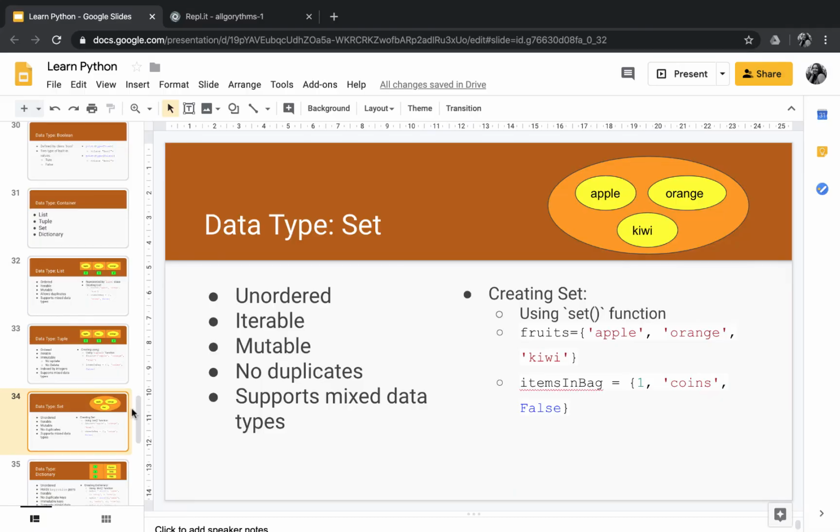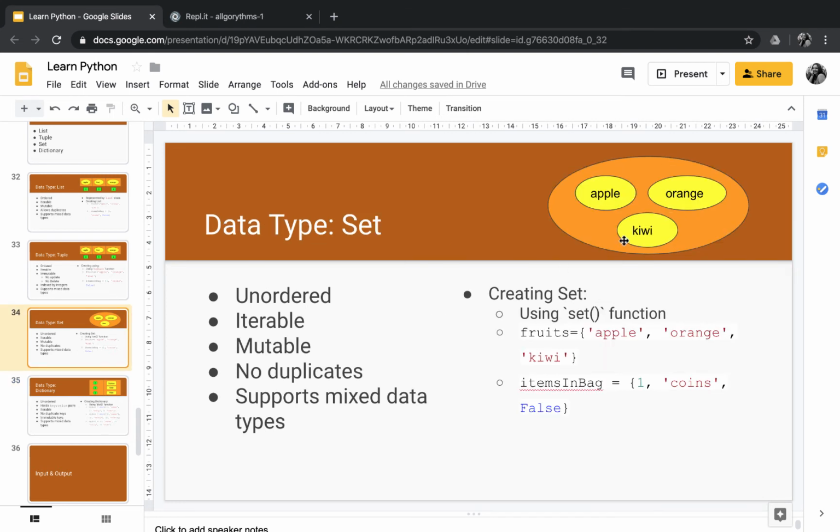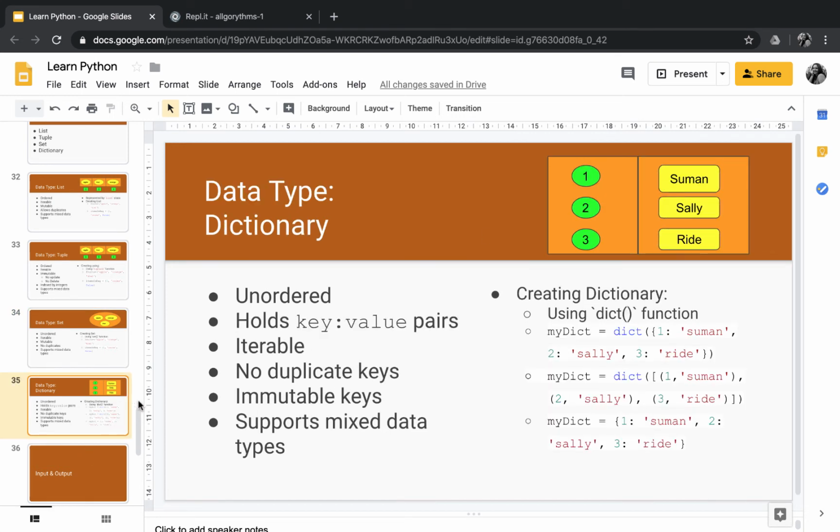So let's take a quick look at dictionary. As you can see, dictionaries are also unordered, and this has the indexes like zero. So it's a key actually, so it stores the key value pair. So it has a 1 and it has a value, but as you saw in the set, there are no key value pairs. Each item by itself doesn't retain a key or a position for it. However, in a dictionary, each value is attached with a key, a unique key, and a duplicate